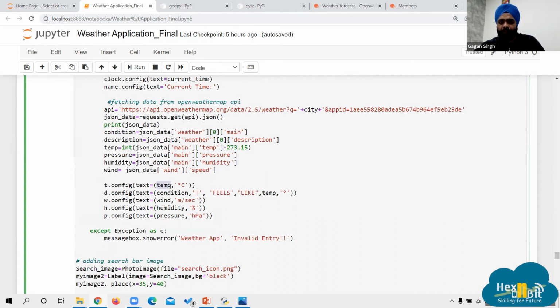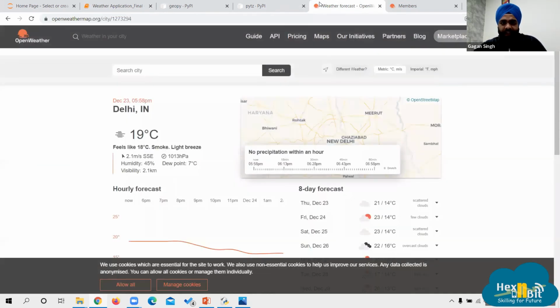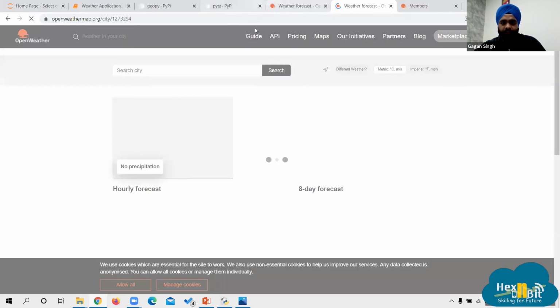Text equals temp, where temp is the temperature we are fetching from there, with degrees Celsius as formatting. Config condition is just a description. Wind, meters per second. Units will not be written automatically, you have to write them. Percentage, hPa. That's all.